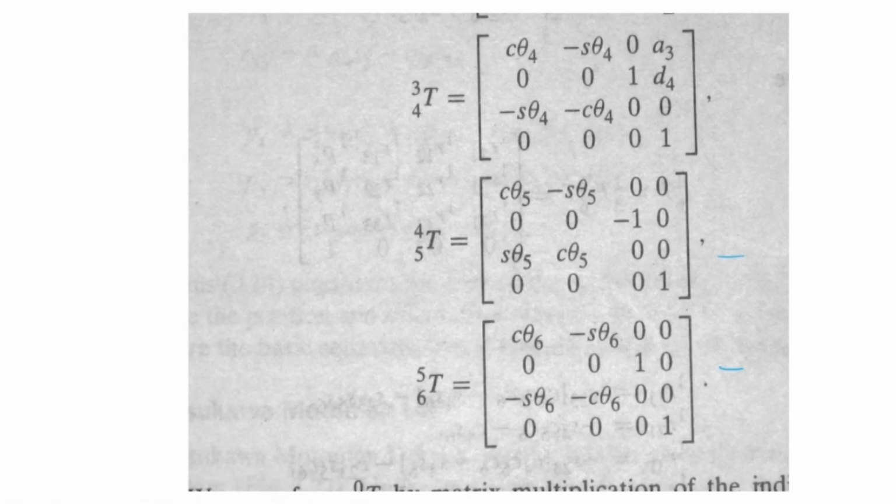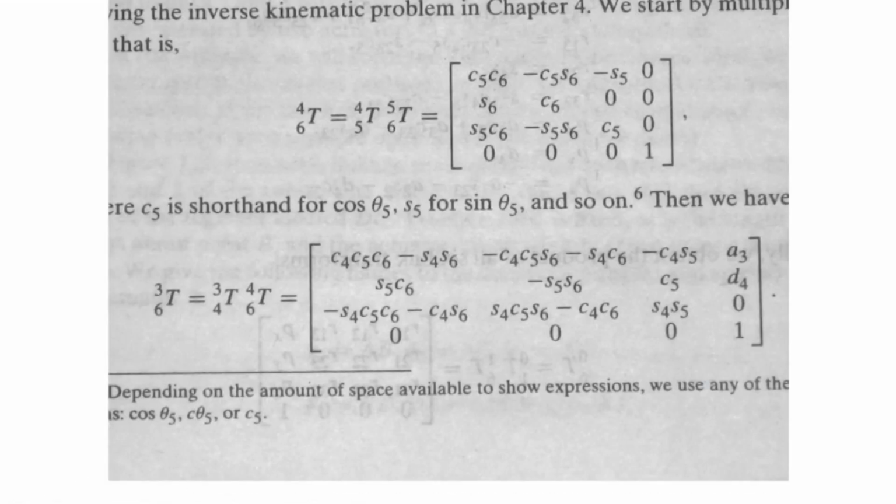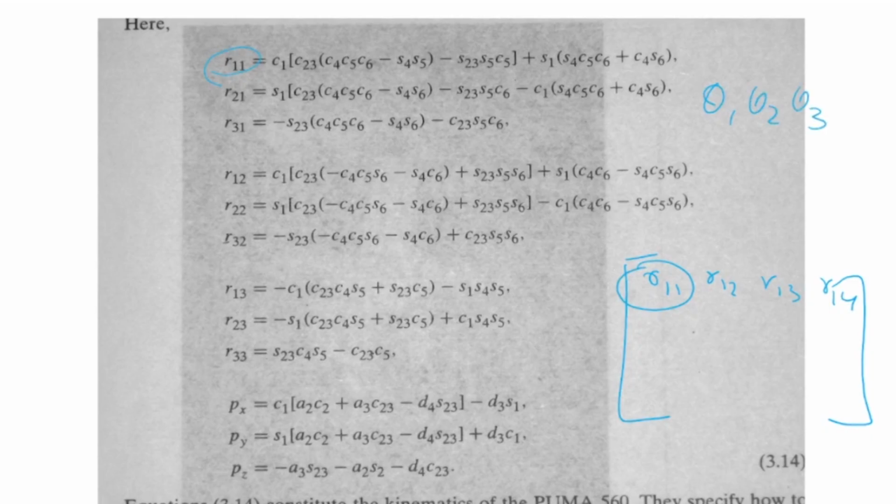So when I multiply them out, you get a very big expression, which will look like this. So the final matrix that comes out is R11, R12, R13, R14, and each of these terms is given by this. There are 6 variables, 6 thetas: theta 1, theta 2, theta 3, theta 4, theta 5, and theta 6. So you can see that all these thetas come in various combinations of sine and cos.